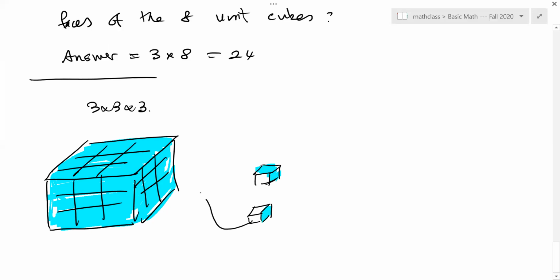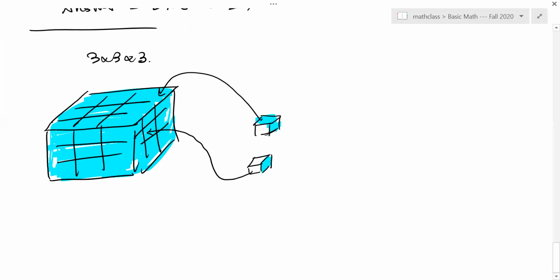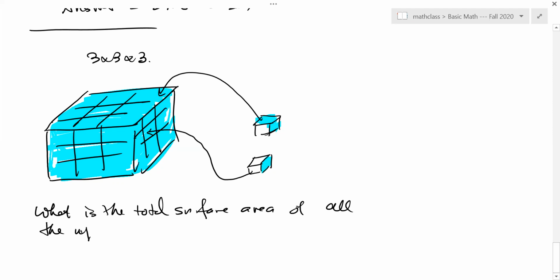Like for example, this one, the one here, it's like that. Some cubes are not painted, with no faces painted. My question is, what is the total surface area of all the unpainted faces